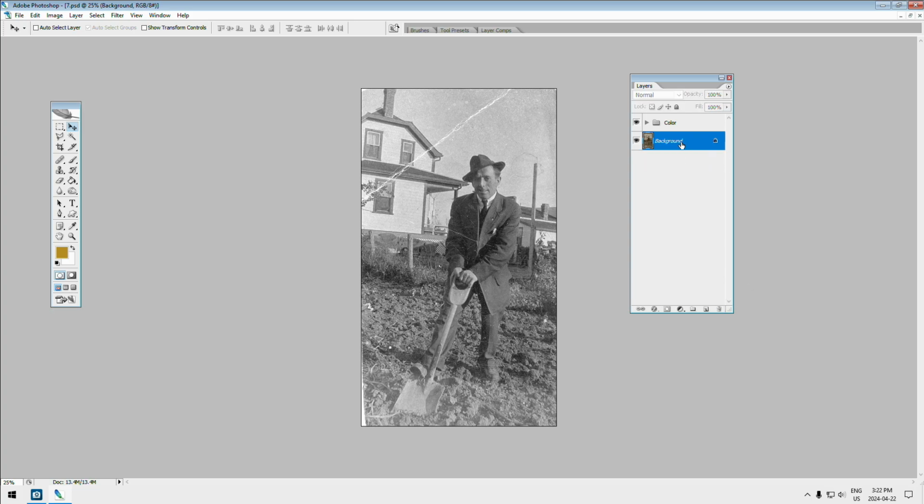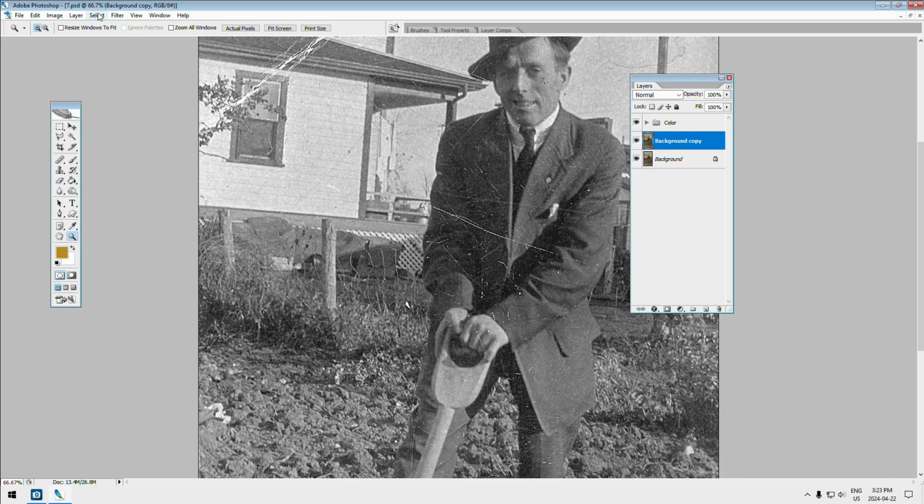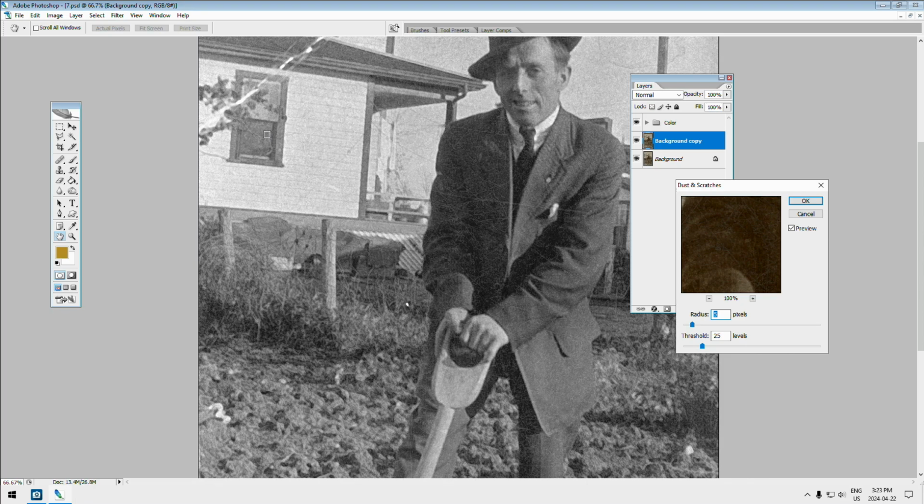Why is this beneficial? Well, here's a perfect example. We're going to create a background copy here. We're going to zoom in and we're going to see some of the scratches on this picture. Now, I've got it clicked on the background copy. I'm going to go in here, Filter. I'm going to go down until I find Noise. I'm going to go to Dust and Scratches. I'm going to tell it to fix the dust and scratches. Now, if you notice, and I'll just turn this preview off and then on again, it went through and fixed all the dust and scratches that were on this image. I'm going to click on OK,